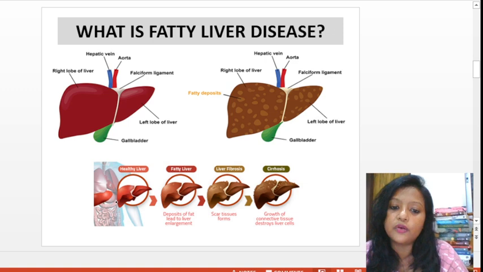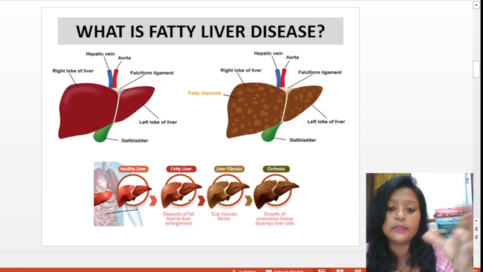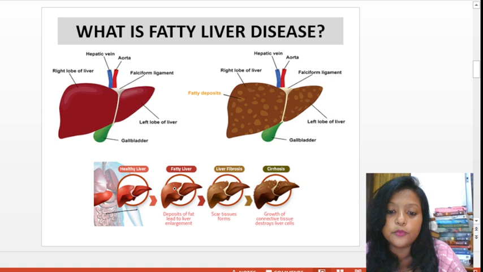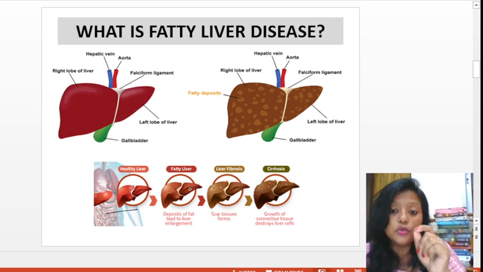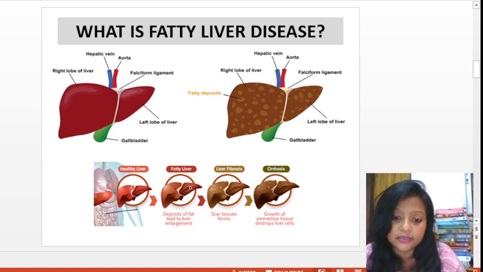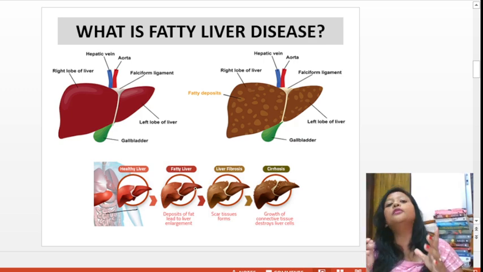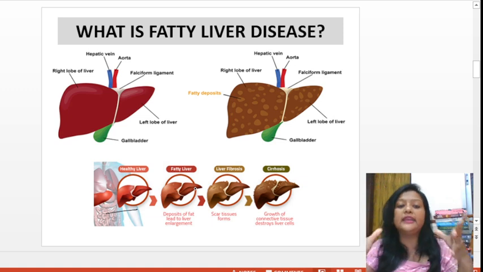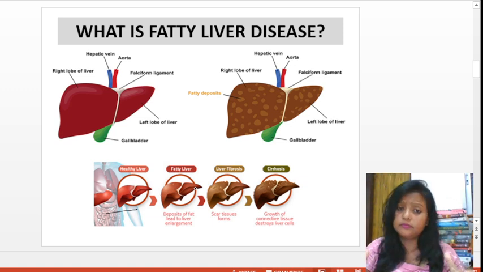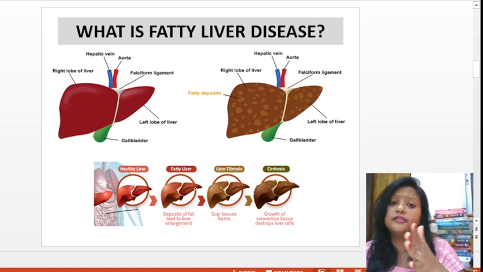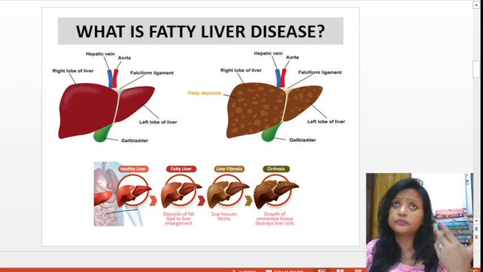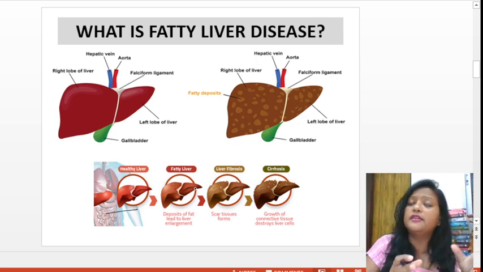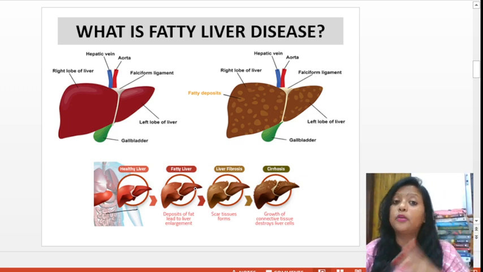See, the healthy liver here is reddish brown in color, as it should be in a normal human being. Then slowly, when fats are being deposited, you can see small globules, fatty acid deposits being formed. The liver will also start enlarging. This is the first step, the preliminary step, when the normal healthy liver is getting into the abnormal phase.